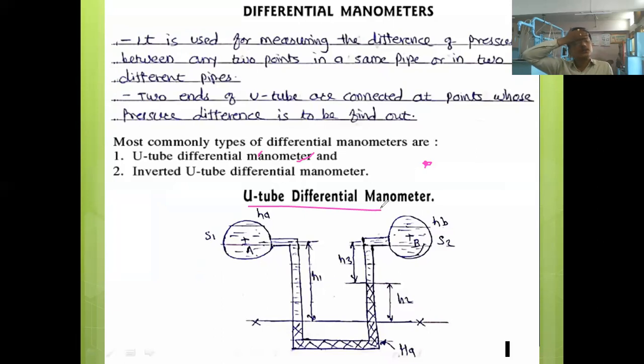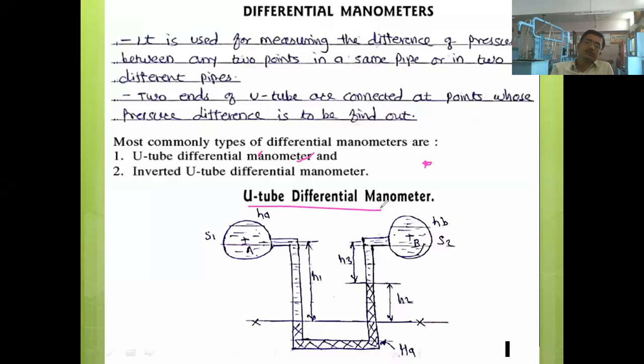Next, write the title first, U-tube differential manometer, and draw the diagram. In the diagram, you can see the notations used: subscript 1 for liquid 1, subscript 2 for liquid 2 or the manometer fluid, and for fluid 3 flowing through pipe 2, it has been given the notation 3. So here we can write down the equation accordingly.